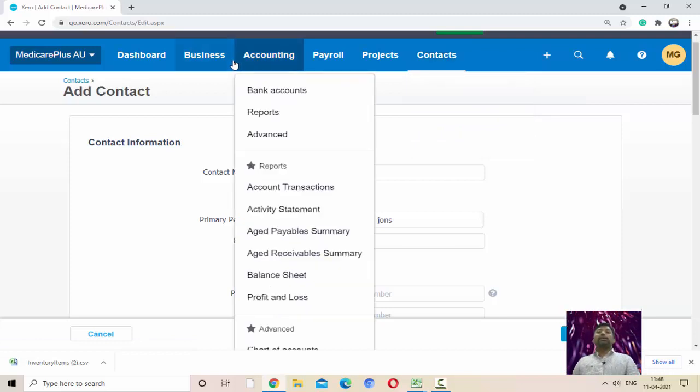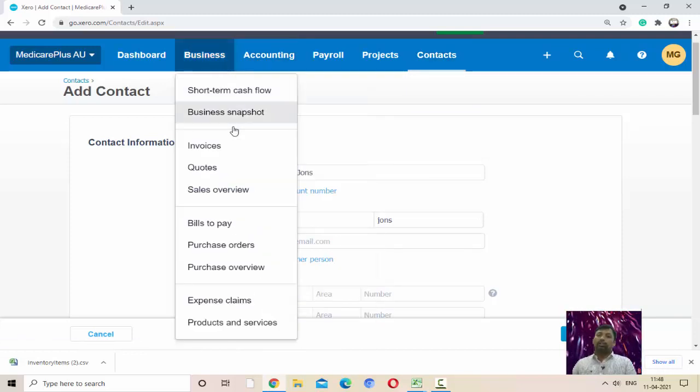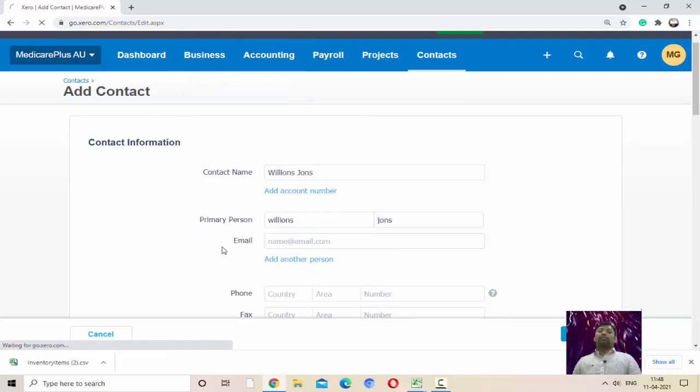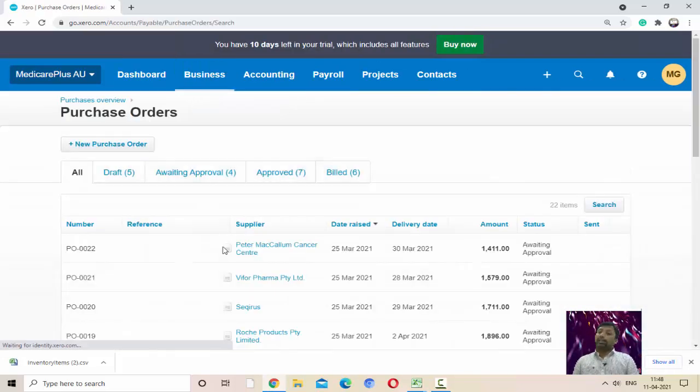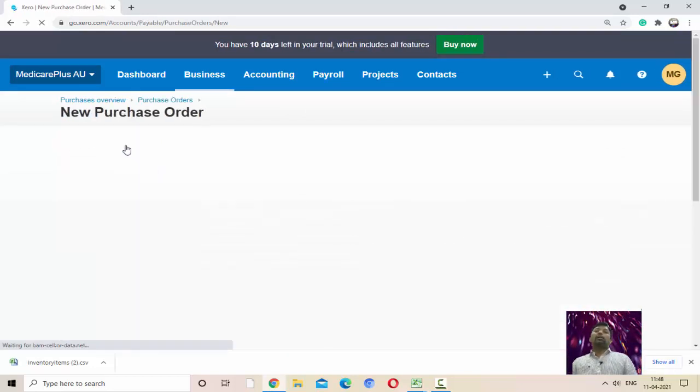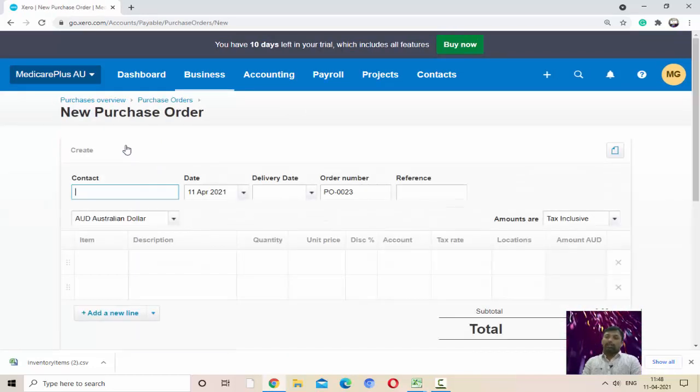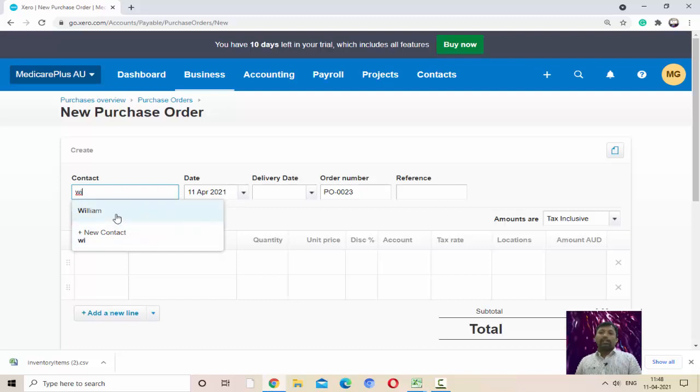After creating all the supplier accounts, which I have already created in this software, we will enter the purchase order. Go to purchase order again and click new purchase order to create the supplier order. Enter the name of the supplier, the person from whom we will purchase, Williams.